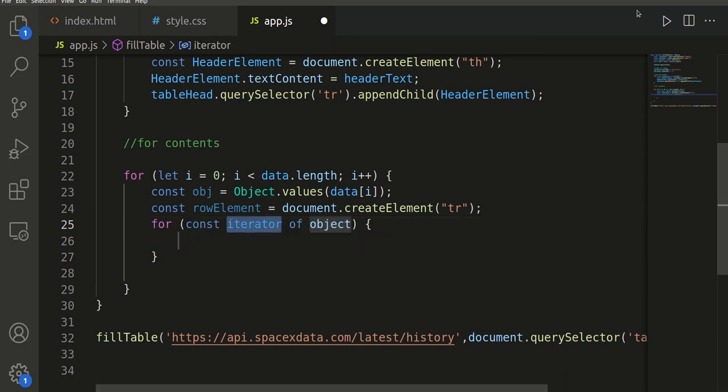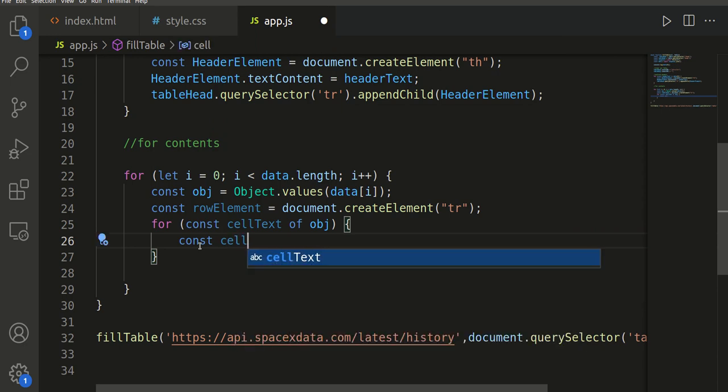For that we will be using a for of loop, and we will give it the name of cell text. We will first create a cell element which will basically be a table division, and this will be used to store the values. So let's create a cell element.